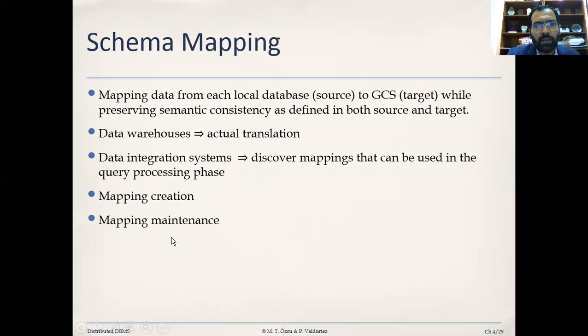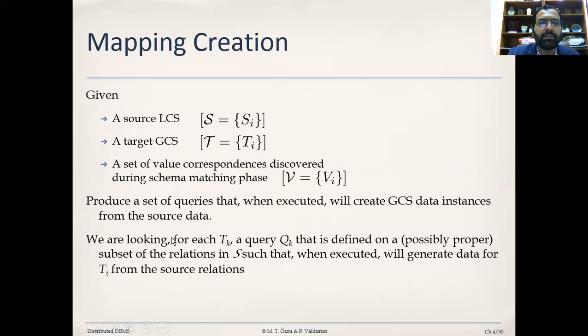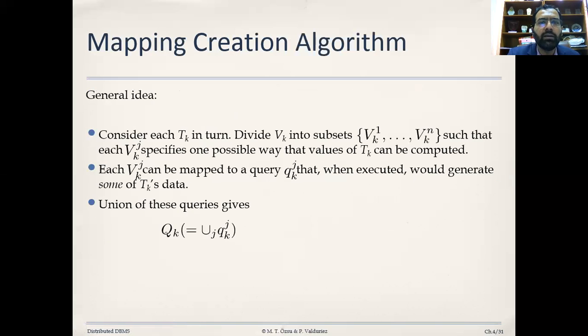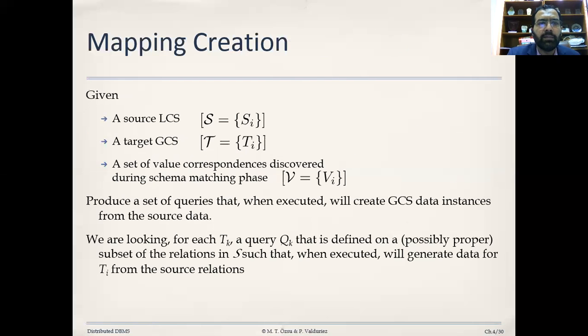And that is used for mapping creation and mapping maintenance. So here you can see the mapping creation. That is your source LCS, S is equal to Si, that can be 1, 2, 3, 4, and so on and so forth. And that is your target GCS. You might combine two LCS and then the third and then the fourth, so that will be added. Set of values